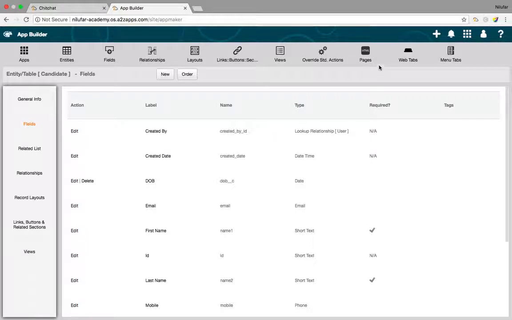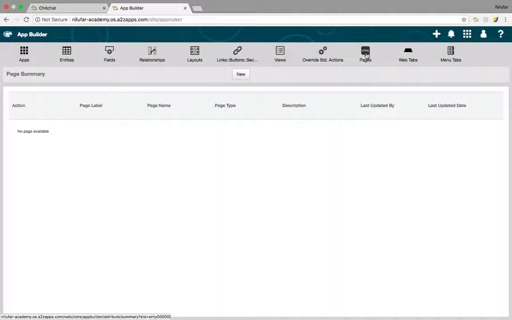All right. So over here on the top, you can see there is a tab called pages. I'm going to click on this. Let me click on new.